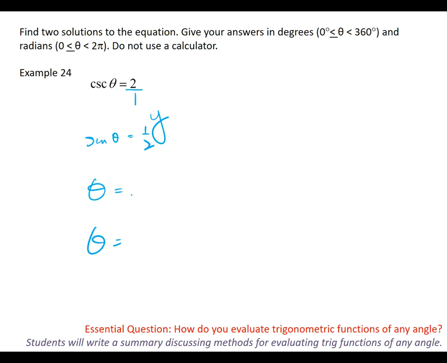So what is it? The first one in radians. Pi over 6, and in degrees that is. Pretty good. All right, and then what's my other one that's in quadrant 2? 5 pi over 6, and in degrees that is. So it's also going to work that way for